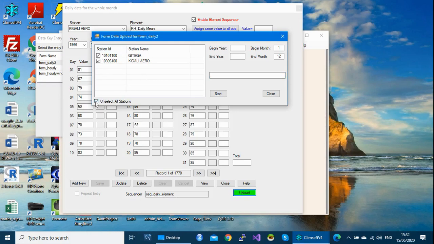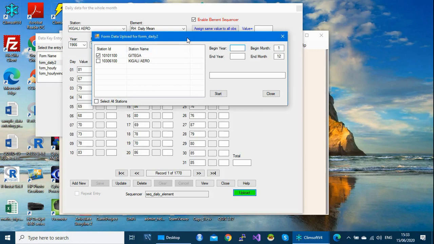You select all stations, and then you specify the period, or you can decide to upload one station, or upload one station but restricted to a period. So maybe you can decide to export just one year or 6 months and so on.